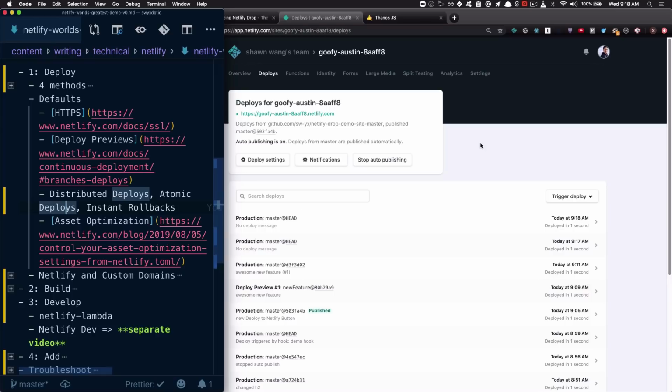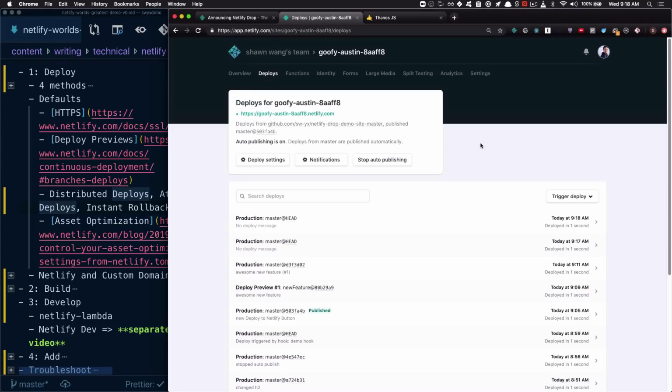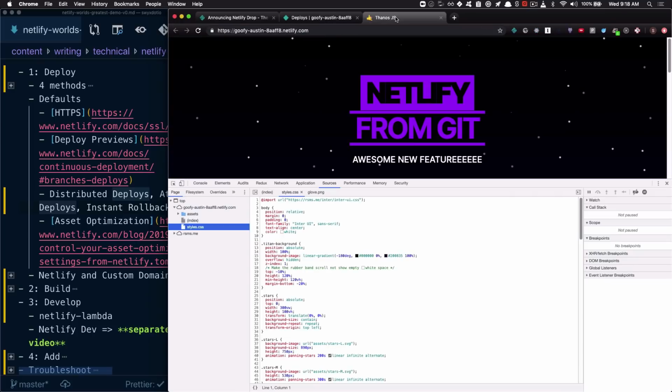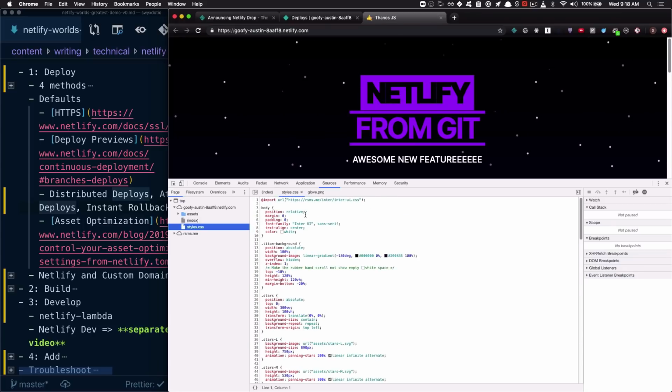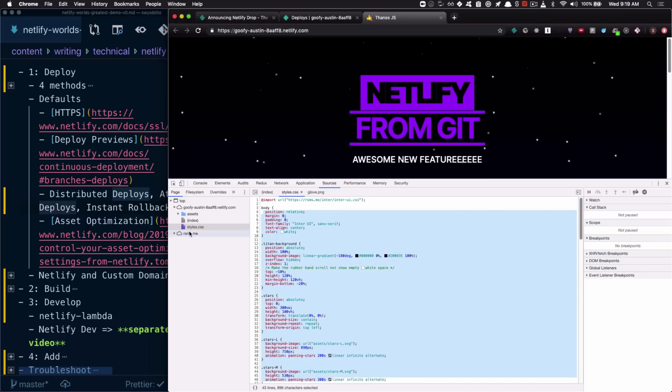Lastly, you also get asset optimization. Now, this is not on by default, but it's so easy to turn on that I can't resist telling you about it. So if you head over to the site that we've been published and you look into the sources, you can see that we've actually not optimized this site for performance. This is obviously a super small site, so it doesn't matter, but you may want to have this on a larger site. So for example, we can minify the CSS, or also if we had any JavaScript files, we can also minify that